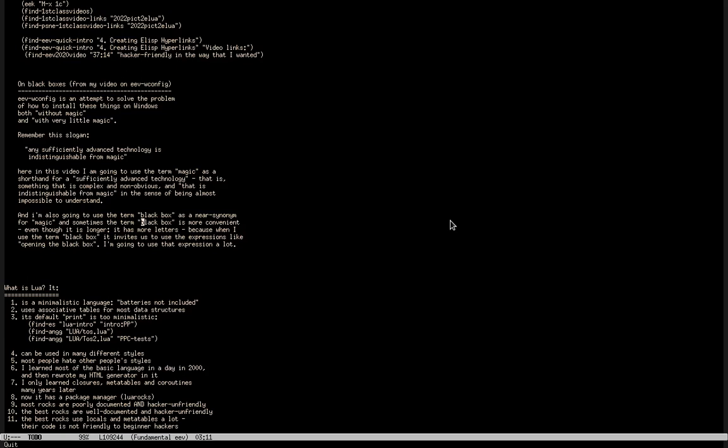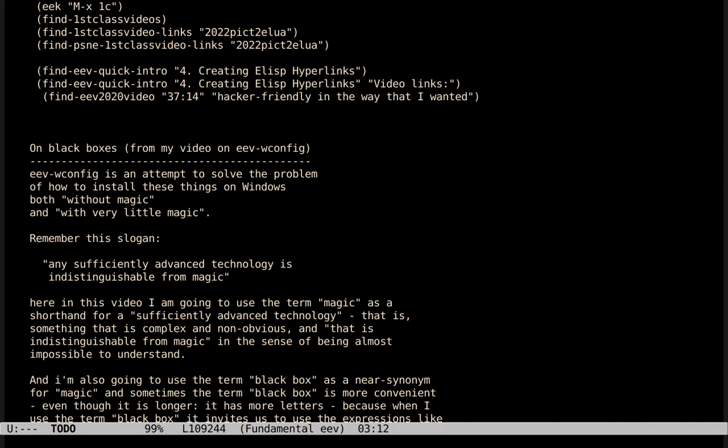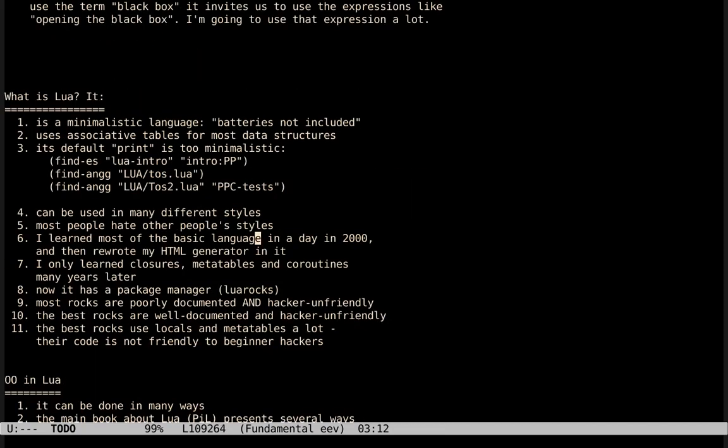Now let me try to explain what is, sorry, let me change the font. What is Lua? Lua is a minimalistic language in the sense of battery is not included. It uses associative tables for most of its data structures.